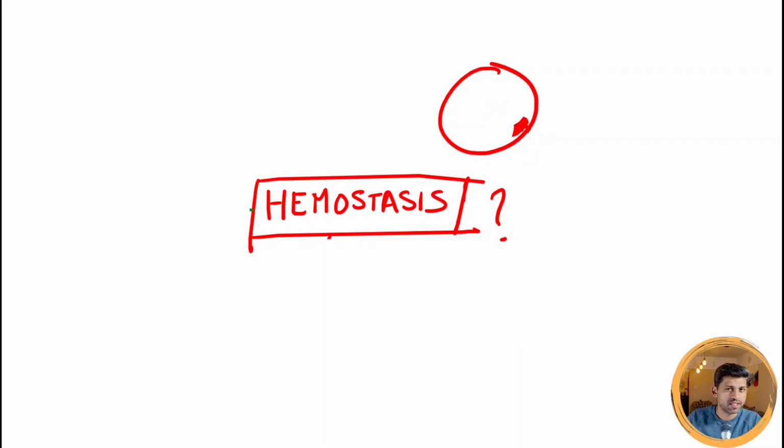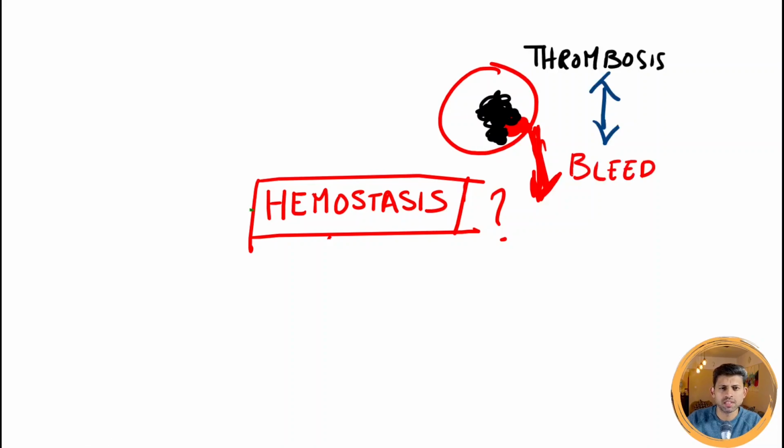What is hemostasis? Hemostasis is a process by which blood clot is formed at the site of vascular injury to prevent hemorrhage. It is essential for life. Too little can cause bleeding, too much can cause thrombosis. Although we often separate thrombotic disorders and bleeding diseases, the boundary is often blurred, like in cases of disseminated intravascular